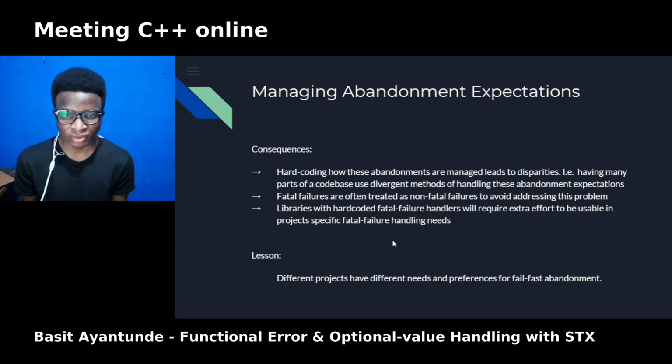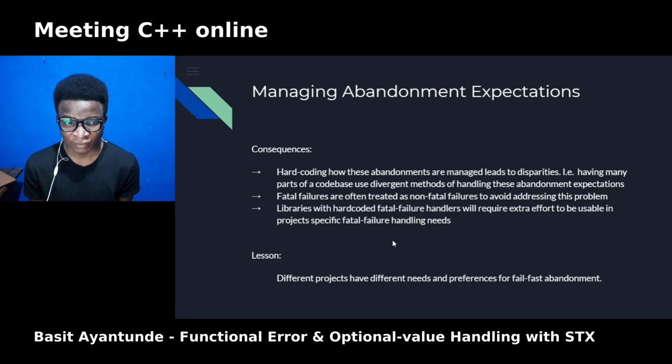Hard coding them leads to disparities, with many parts of the code base using divergent methods of handling these abandonment expectations. Fatal failures are often treated, especially in C code bases, as non-fatal failures. To avoid addressing this problem, they just leave it to the main thread and assume the user knows that it's a fatal failure.